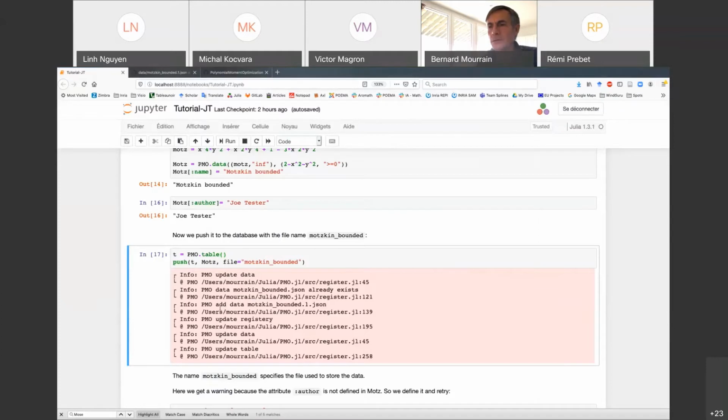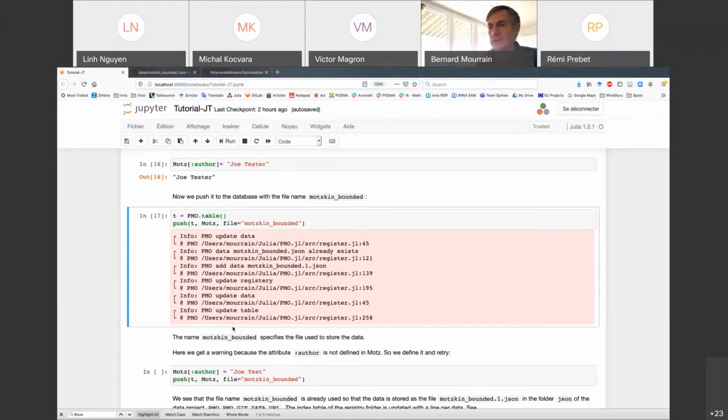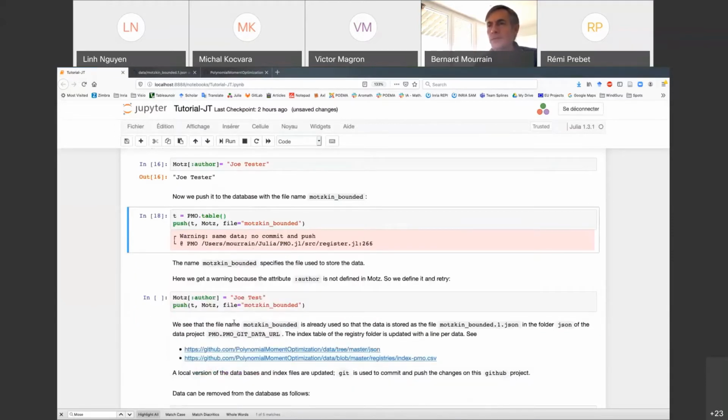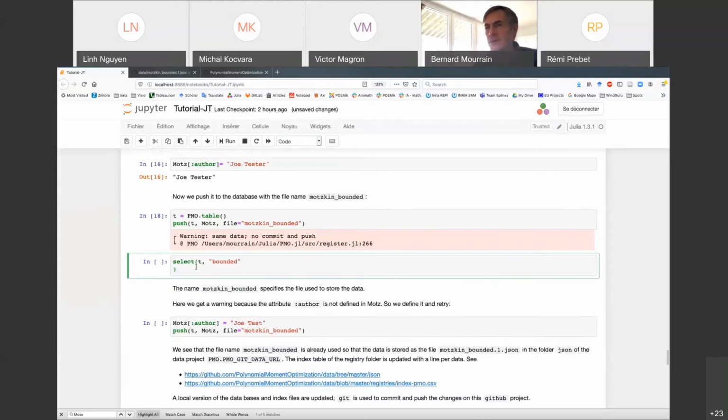It's also in the table. So if we want to see what is in T, what are the entries with name bounded?